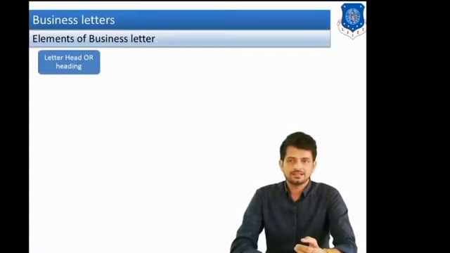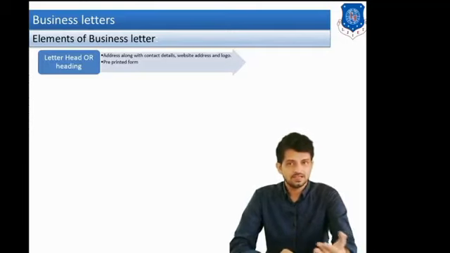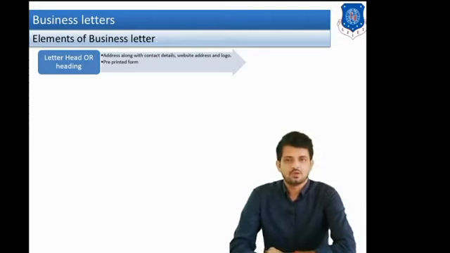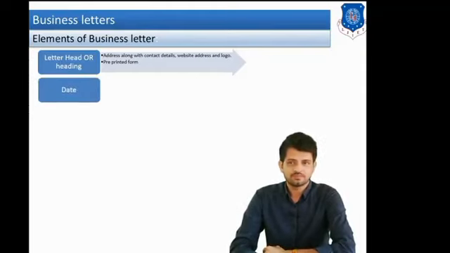Okay, let us study the main elements of a business letter. What are the main elements, what we should write first, what we should write next, and what is the particular format of writing a business letter, that we will study in this slide. If you are writing the letter from your company, then first of all a pre-printed letterhead is there, in which the name of the company, the address of the company, the logo of the company is already there. So on a letterhead, the details are already in printed form, right?